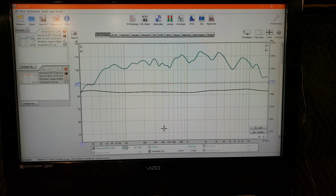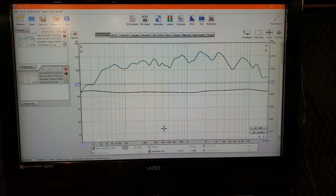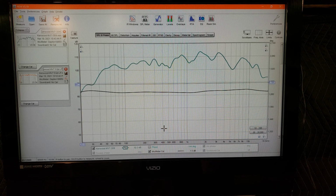Okay, got everything set up. Put the microphone in my listening position at about where my ears would be, roughly. Got speakers set up where I want them at a modest volume, and did a sweep, and this is the default response I got. And it's not bad. I mean,